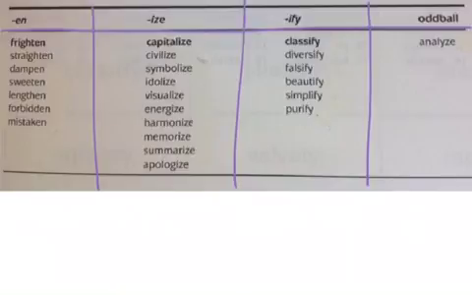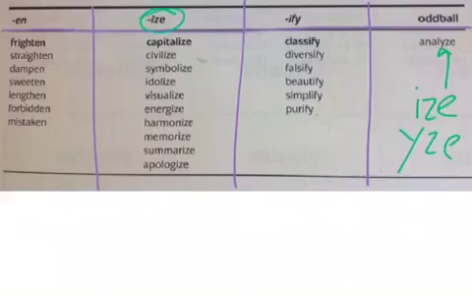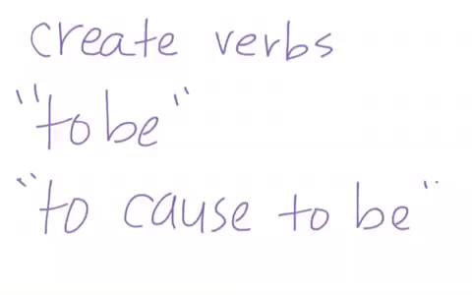And our oddball this week is analyze, and you'll see that it's our oddball because they kept the Y. There's a Y there instead of I-Z-E. It is a Y-Z-E. That is our oddball. Most of the time, if you hear I's at the end of a word, you're going to be using this I-Z-E, okay? You just got to memorize analyze is spelled with a Y. Good. All right, so all of these words create verbs such as that mean to be or to cause to